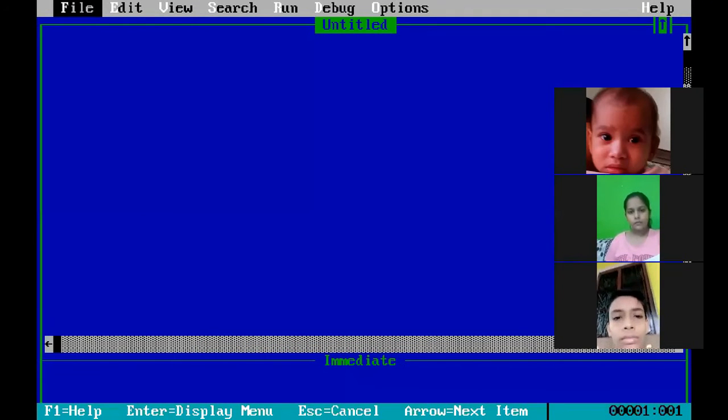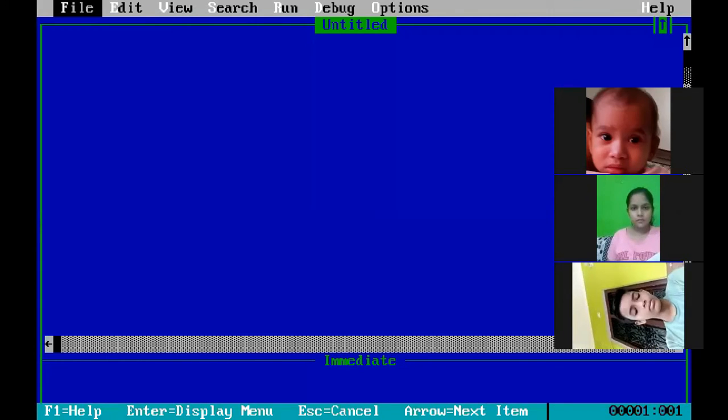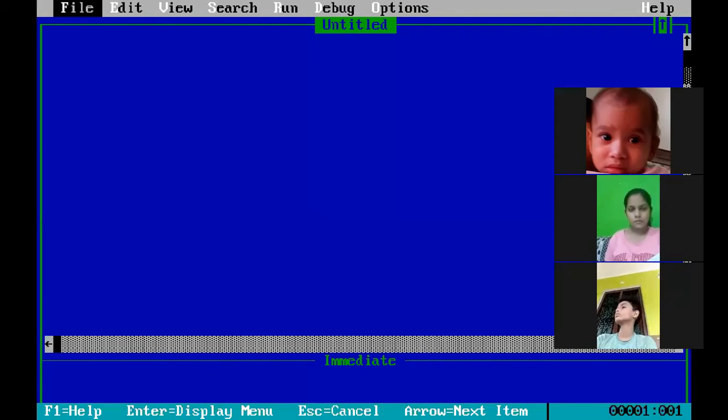Now here you have to write the program. We discussed the program given on page number 36, program number 1. In that I explained what the input command is, what the if command is, what then is used for, and what the use of the print command is.